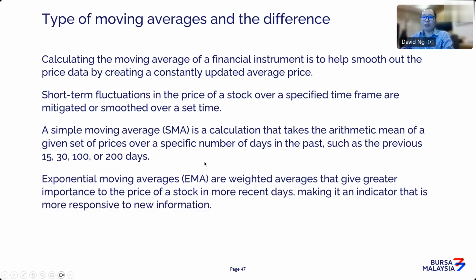Now, if you just use Heiken Ashi, it may not be sufficient. So therefore, you've got to pair it with moving averages. Now, there are many types of moving averages. I think the main focus that I want to highlight today is just to look at the exponential moving average.